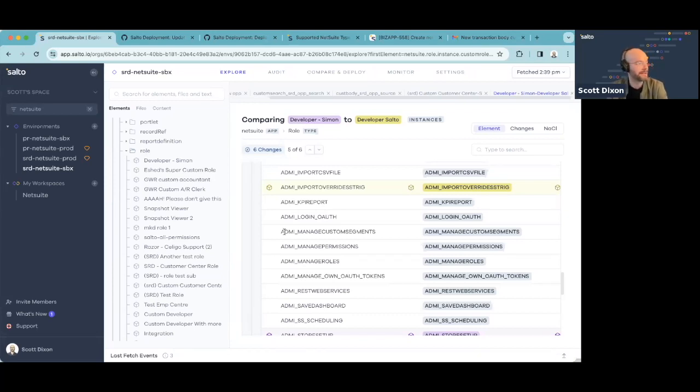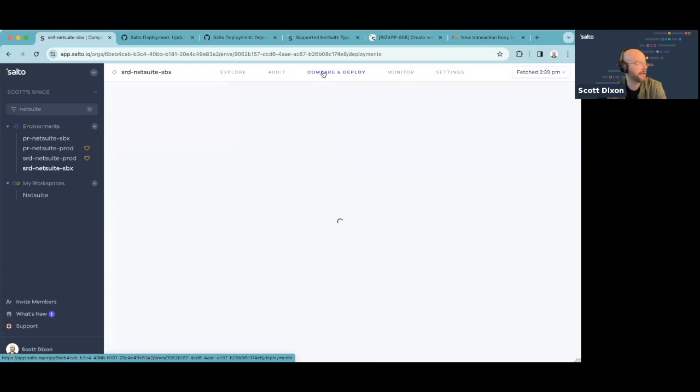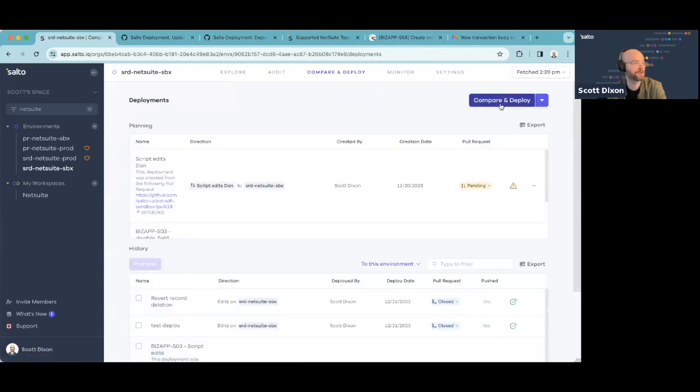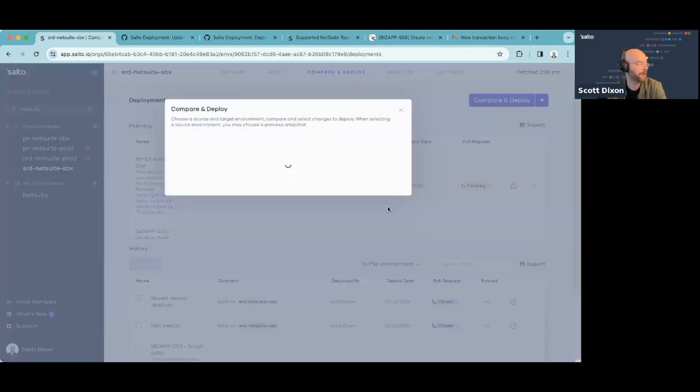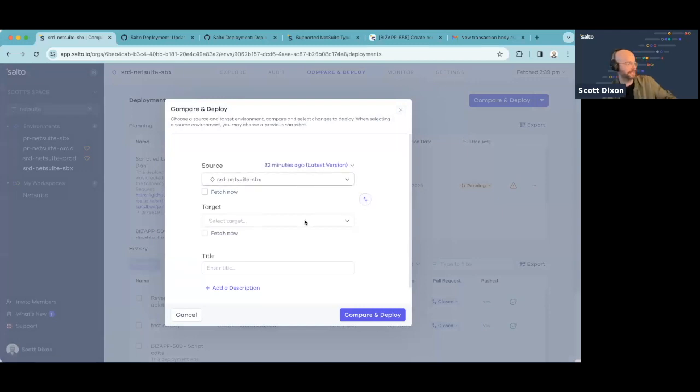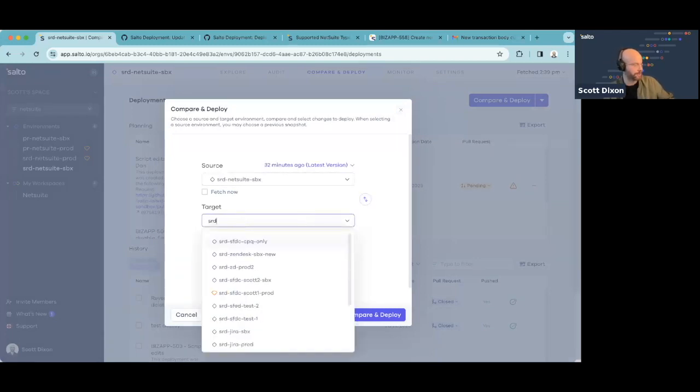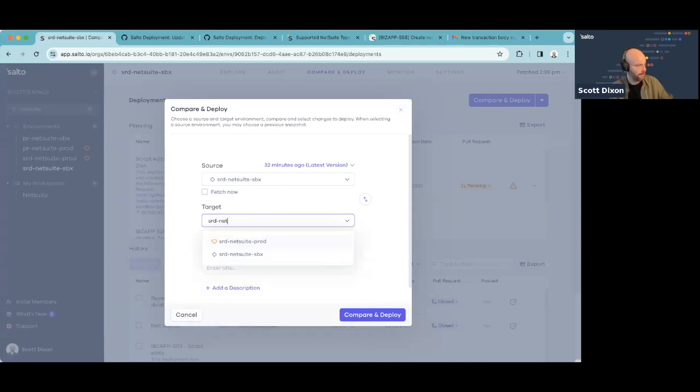So now that we've got all of our configuration metadata into Salto, I'm just looking at it in the context of one environment. But I also want to compare it against what I've got in my production environment. So we can do that in Salto by coming to the compare and deploy up here and beginning the comparison process. So I'm going to click on compare and deploy, and I'm going to select my Sandbox as the source, and my target is going to be my